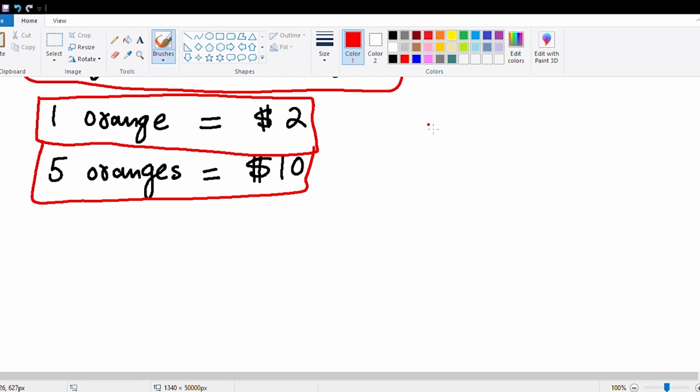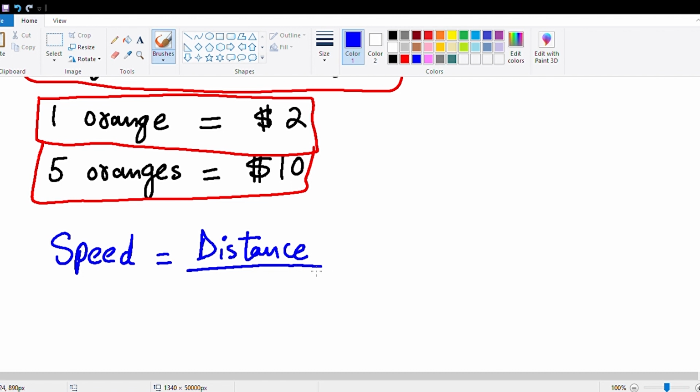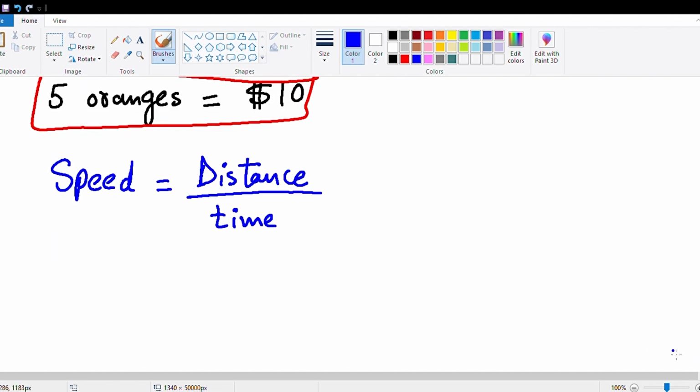Now, if I take the example from physics, the example of speed, the equation is: the speed of an object equals the distance traveled by the object divided by the time that it took for the object to complete traveling that distance. So that's the relationship, and let me write it. Speed,